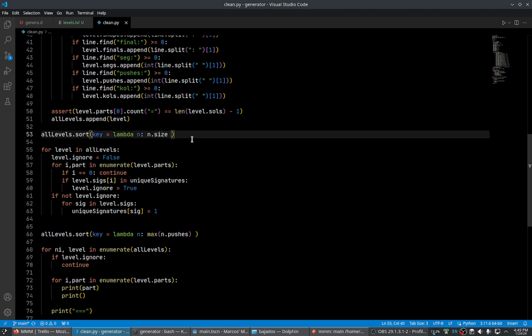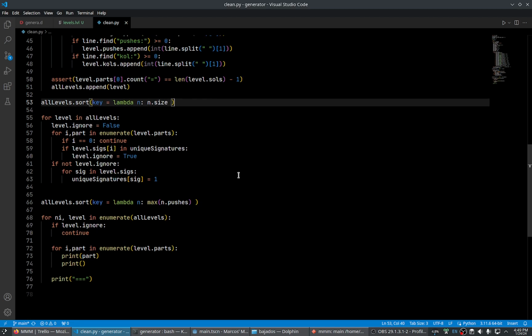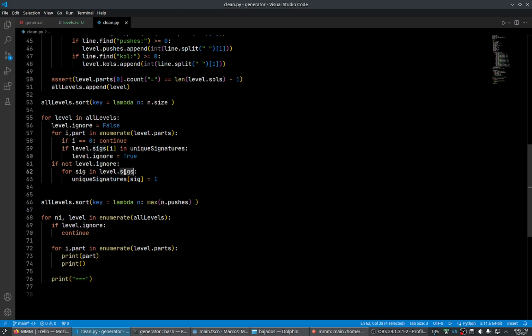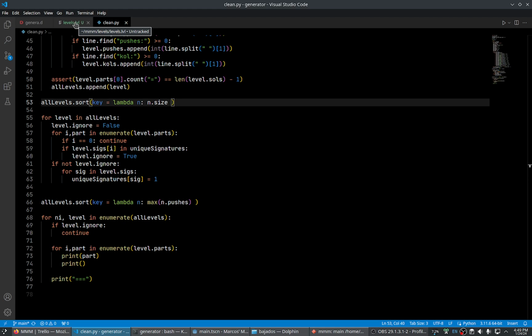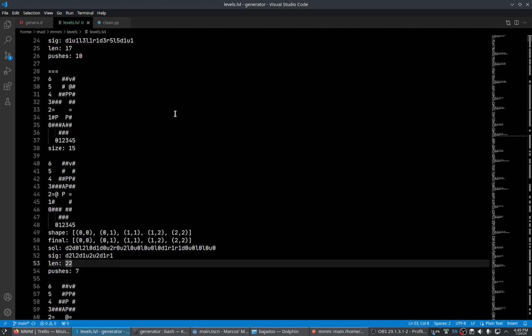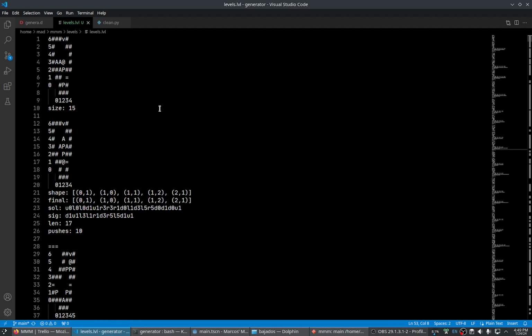So if there are two puzzles that are equivalent according to the signatures, we treat the smaller one, we give priority to the smaller one, and the size is simply, in this case, so far I'm using the